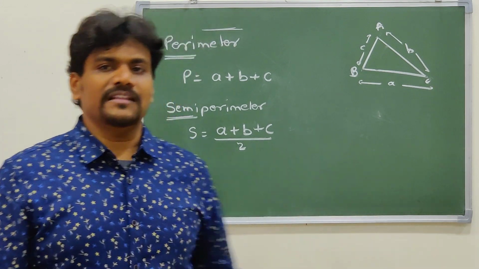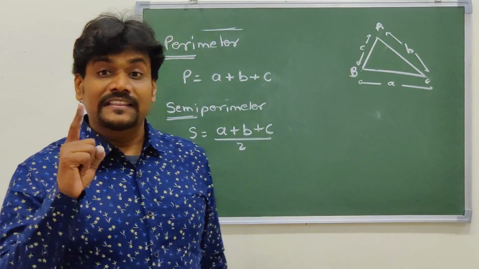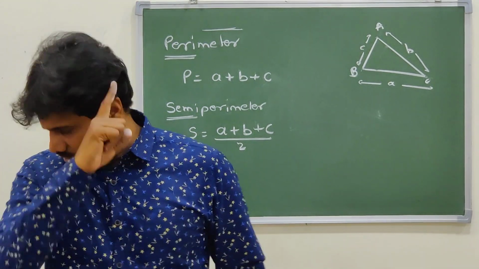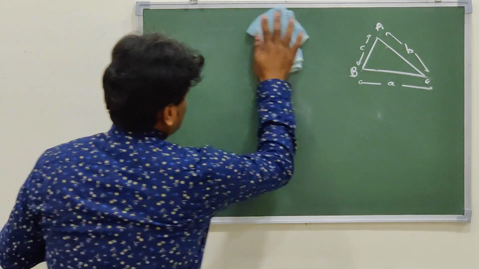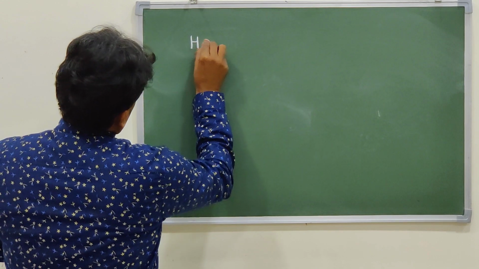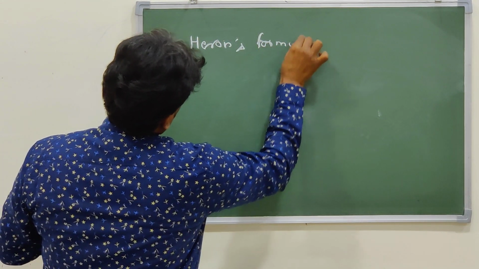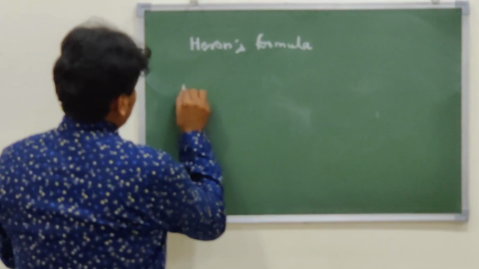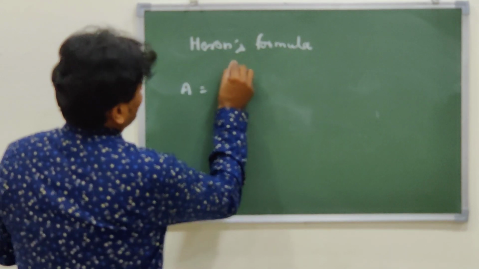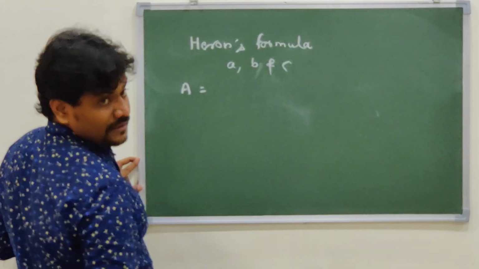Why are we calculating all this? It's because we are going to calculate the area of this triangle without knowing the height. How? Let's see that. For this triangle, we have semi-perimeter S as (A plus B plus C) by 2. So there comes Heron's formula for finding the area of a triangle, which is, if the sides of a triangle are A, B and C,